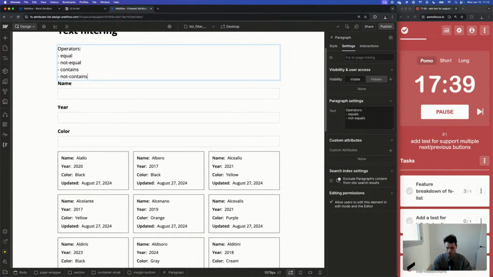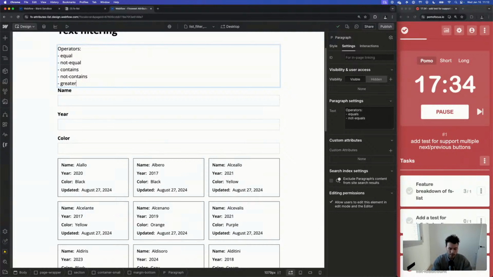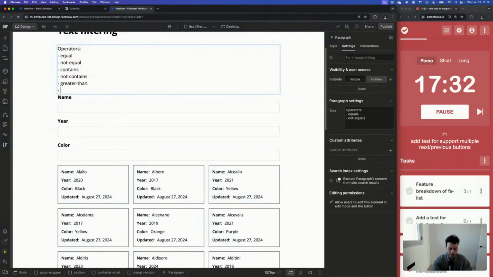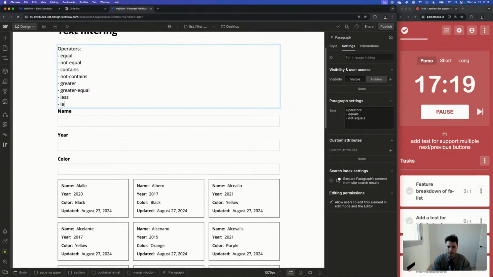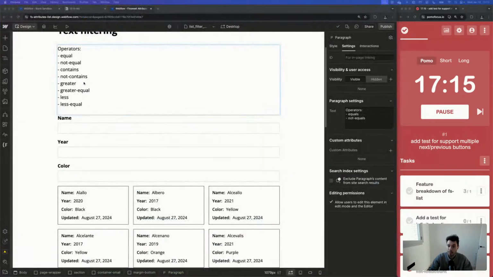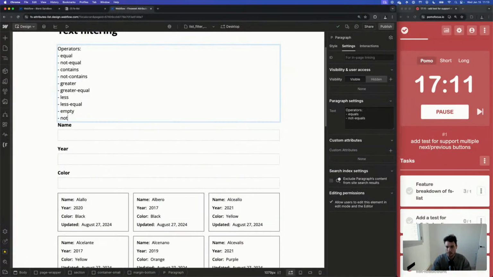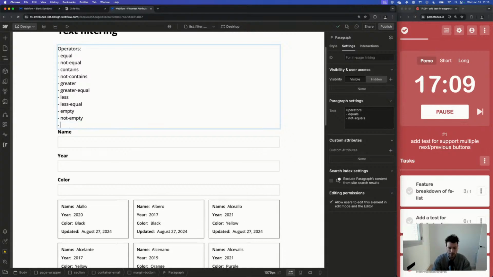Greater than, greater equal. Okay, so it's greater or greater equal. Greater, greater equal, less, less equal. Empty, not empty, and fuzzy.